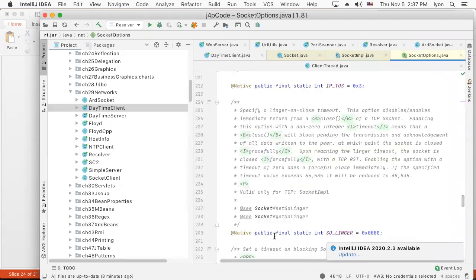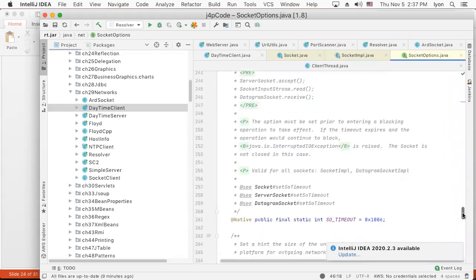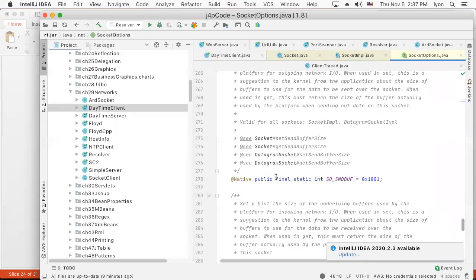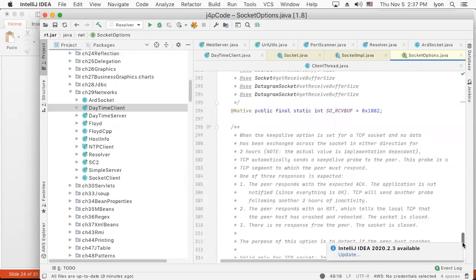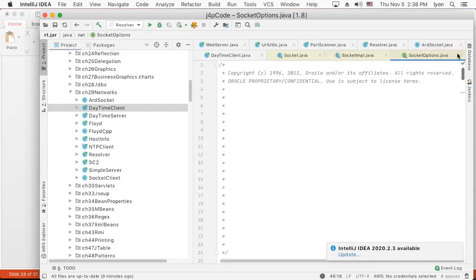And certainly they declare these variables as being final, but because they exist inside of an interface, they're all final by default, I think. Anyway, by spec of the Java language. And so they declare them as final, but that's redundant. And there's a lot of different sort of options that can be set in through here. And so that's kind of an interesting anatomy when you look at something like a socket